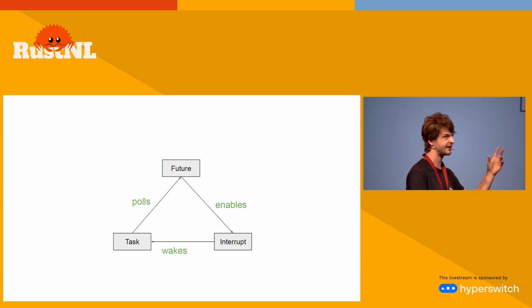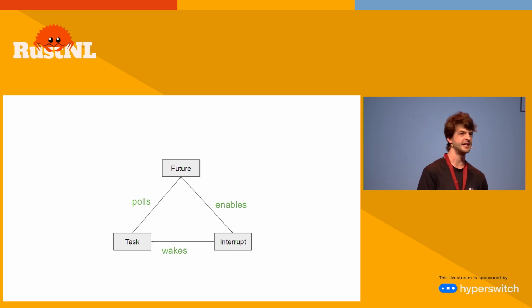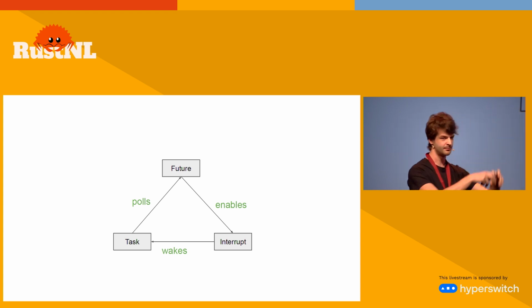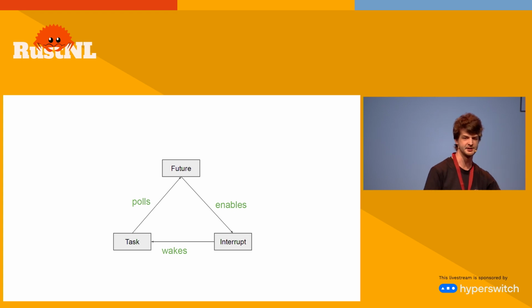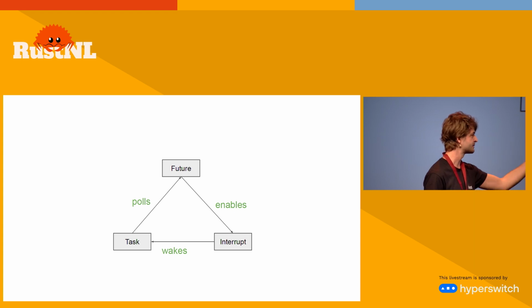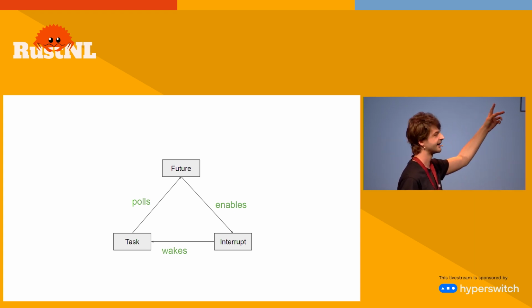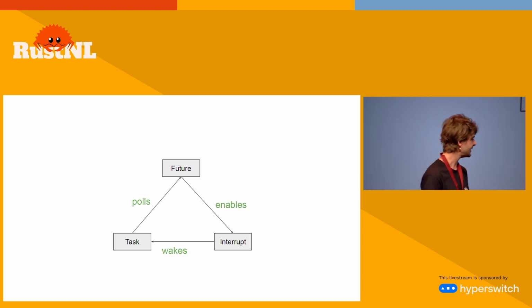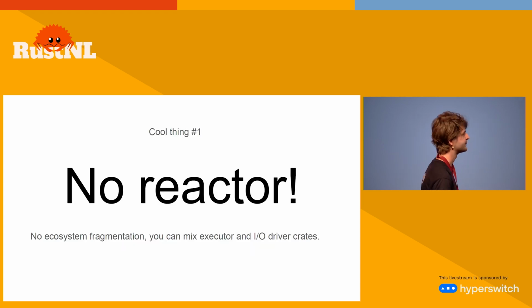So this is a bit of an overview of the main loop in embedded async. It's not driven by epoll, it's driven by interrupts. So you got the tasks that poll futures. The bottom leaf futures will wait for events from the hardware, so they enable the interrupts to tell the hardware, hey, please send me an interrupt when the event happens. And the interrupts will wake the task, which will cause polling again. And so this will go on and on and on, and this is what drives execution forward.